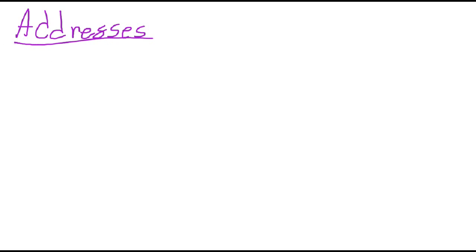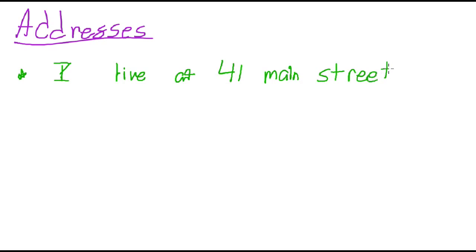So for example, I can say, I don't know, maybe I live at 41 Main Street. Okay, I live at 41 Main Street. Once again we say at, and then we have the address here, correct? We have at in the address.